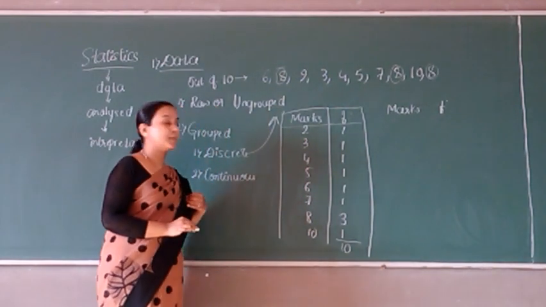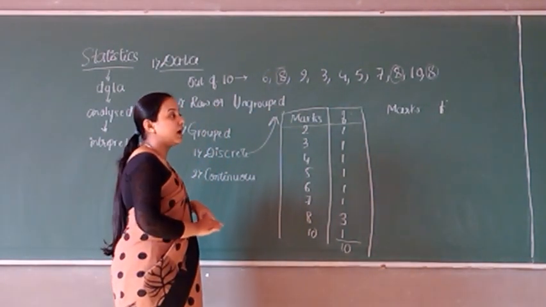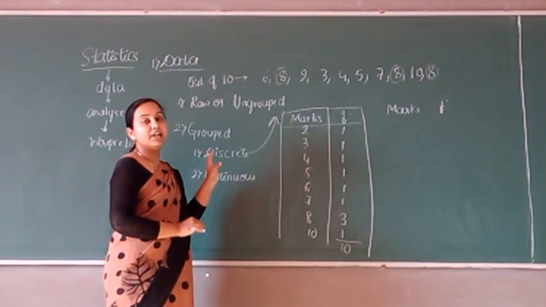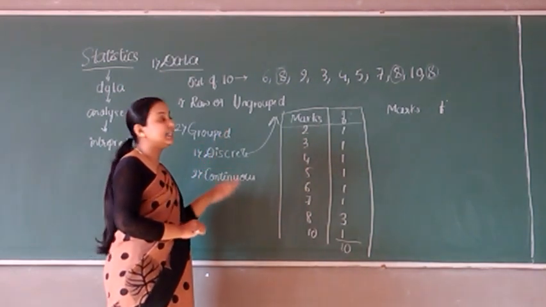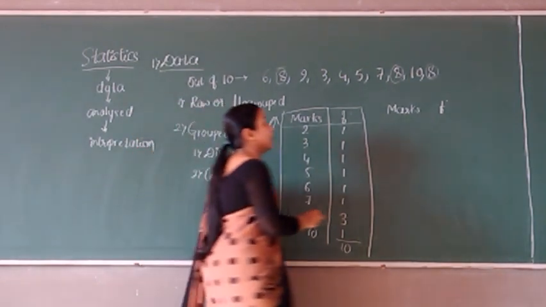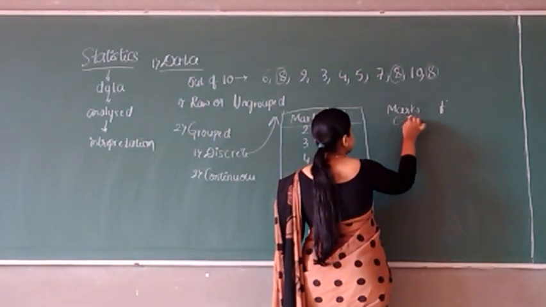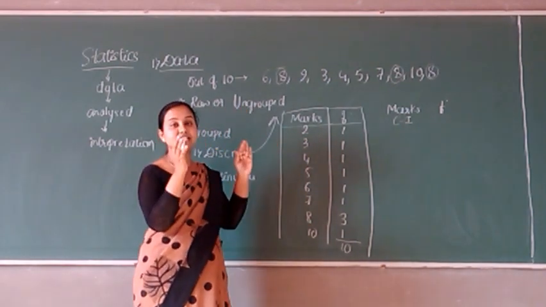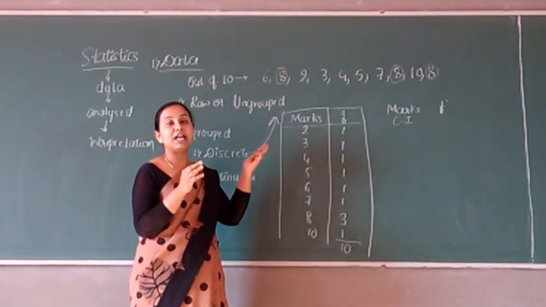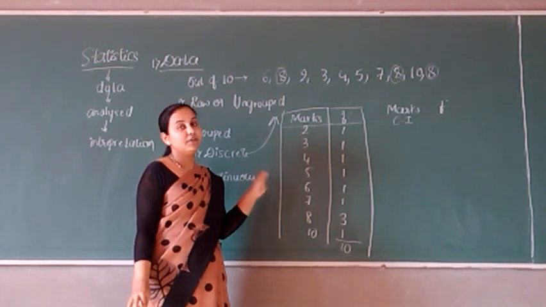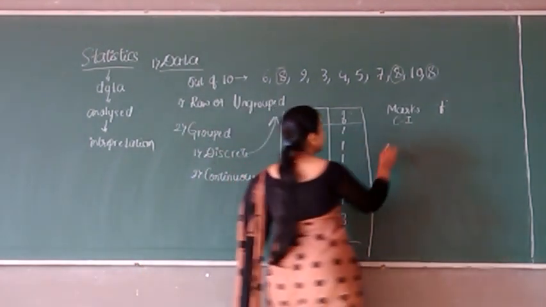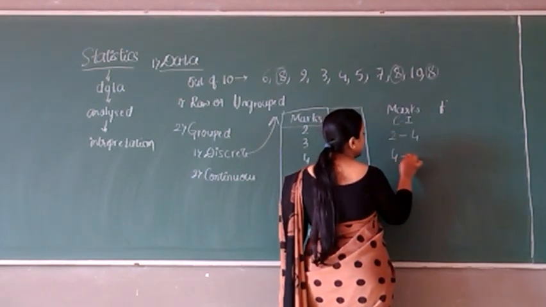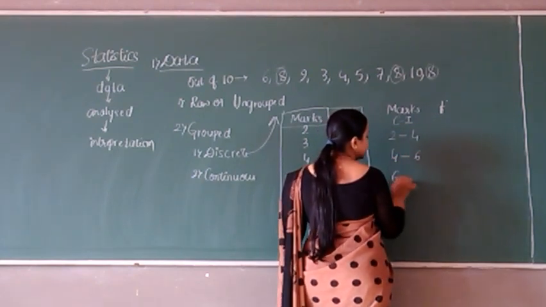continuous data form. Okay, so now here also the marks frequency remains the same, whereas when it comes to marks, we will be writing the marks in interval form. Okay, that is class interval. So we will write a range with the minimum value and the maximum value. Okay, so for example, you can write here 2 to 4. Okay, next 4 to 6, 6 to